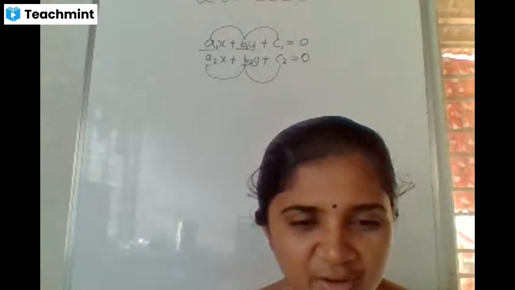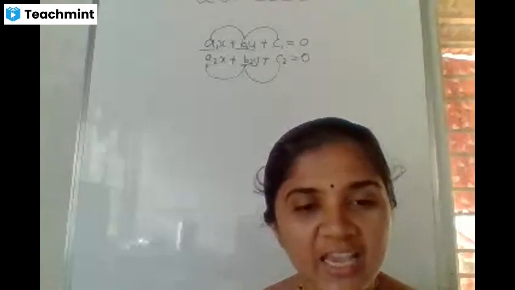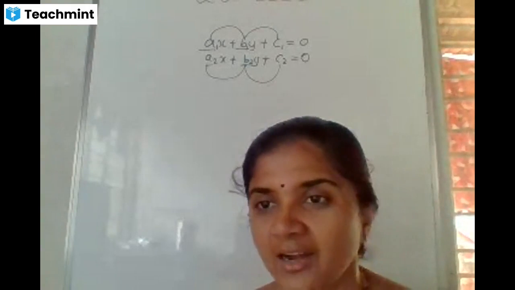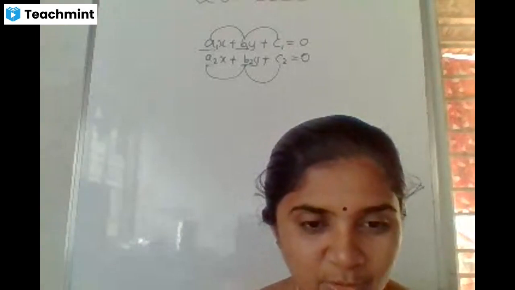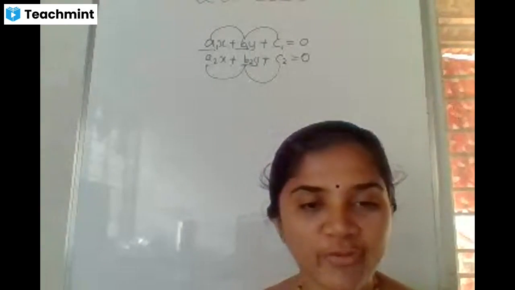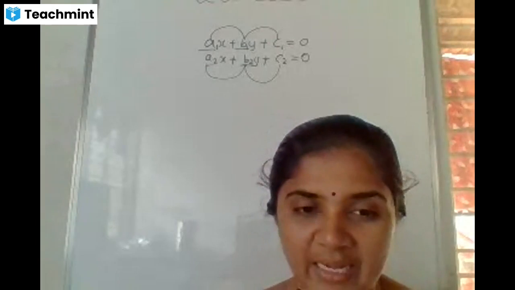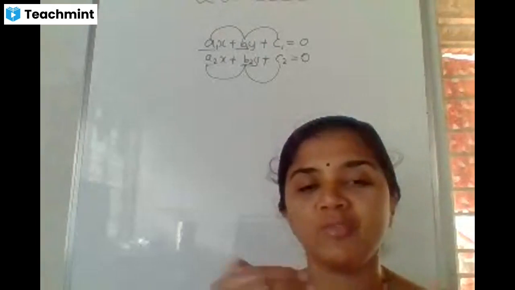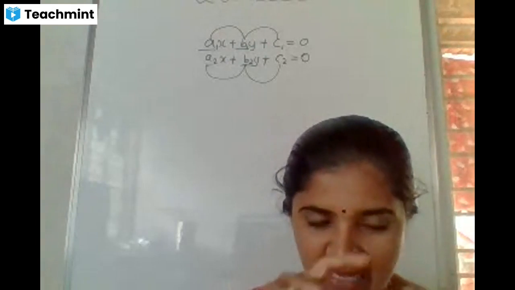So do you have any confusion regarding this topic? Akila's problem. Did you get the explanation of Akila's problem now? This is the graphical representation of the pair of linear equations in two variables. So now in this section we have to solve this type of problem.